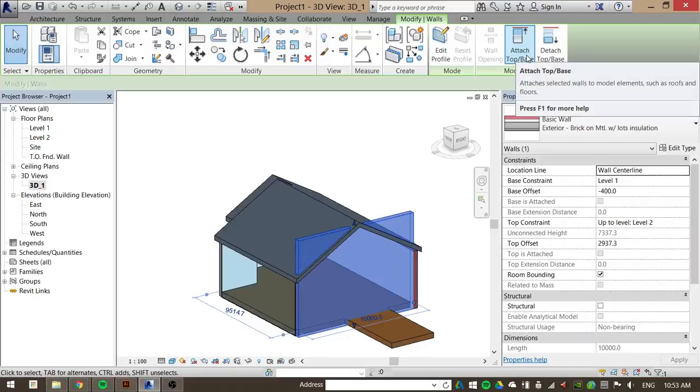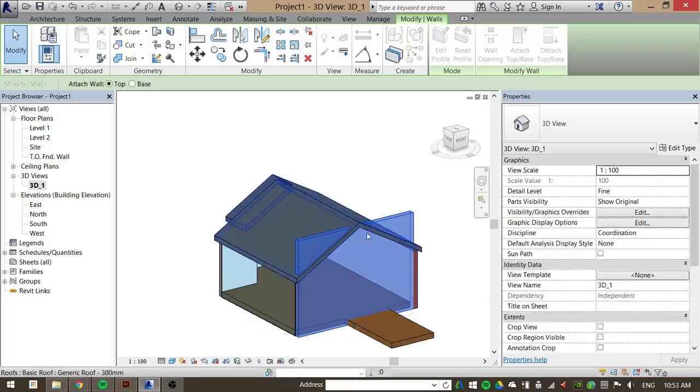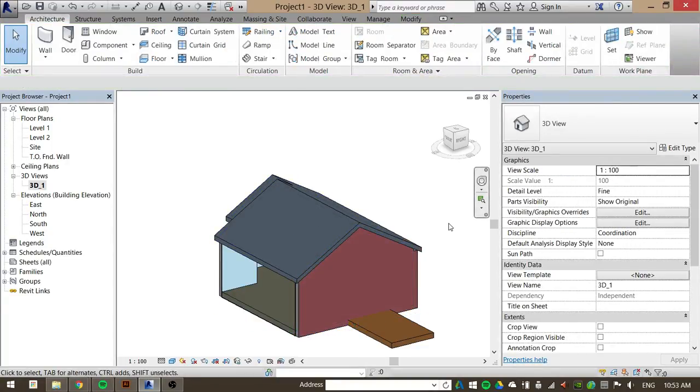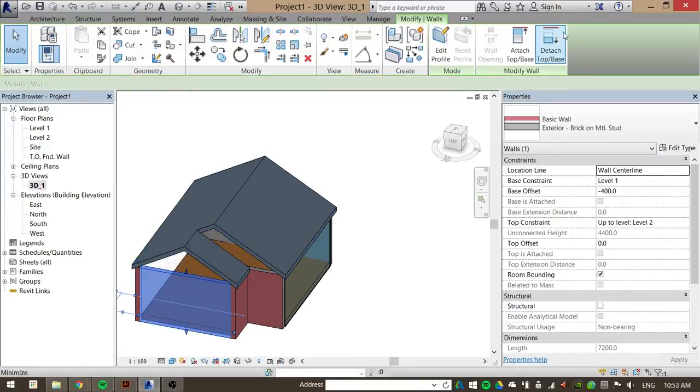Here it is. Again, mini tutorial given to you. If you just attach the top or base to the roof, it will do it for you. Yeah, it's always easier than you think. So if you do that to the walls that are not connected,